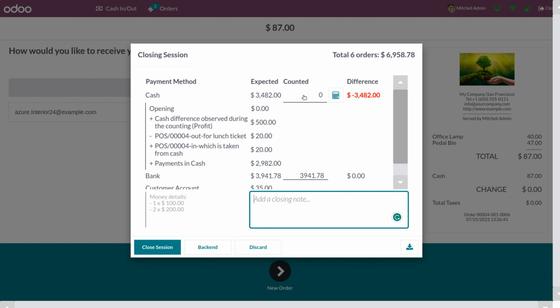And the thing is that here you can see a value as expected and the difference. So while you're counting the cash, you should add the counted amount over here. As per the sale, you must receive this much amount, and when you count, the expected amount needs to be equal to the counted amount, 3,482. Okay, so the difference you can see is 0,